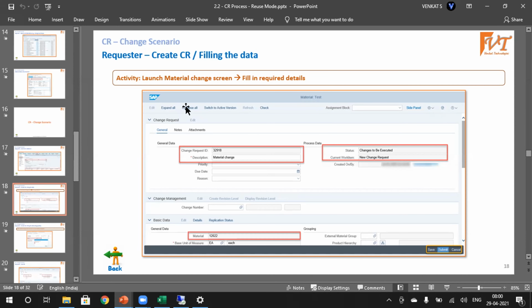With this, I assume you got some idea of how the MDG system looks, how the user interfaces look, and what the various activities are that we can perform in MDG on master data. With this, I would like to conclude our discussion for today, the first day of demo. If you have any questions, you can ask. After your questions, I will walk you through how the course structure looks and everything.